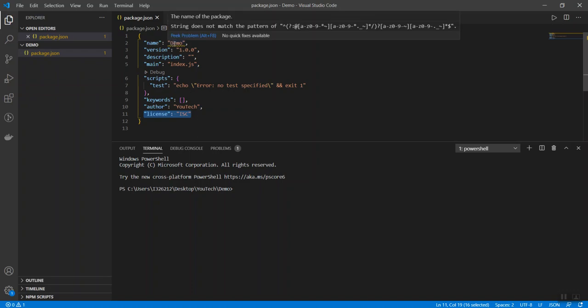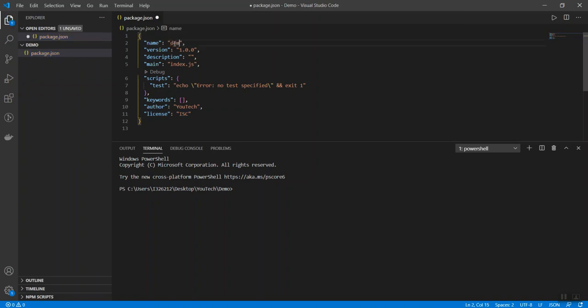What it is trying to tell is we have to use lowercase letters for the application name, so I can change my capital D to a small d. So demo is my application name. The one important thing you can notice here is there is a main entry. What is it trying to tell? All the implementation we have to write in index.js, but in my folder we don't have any index.js file. So let's quickly create this index.js file.